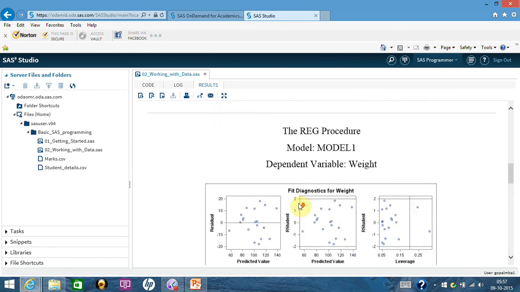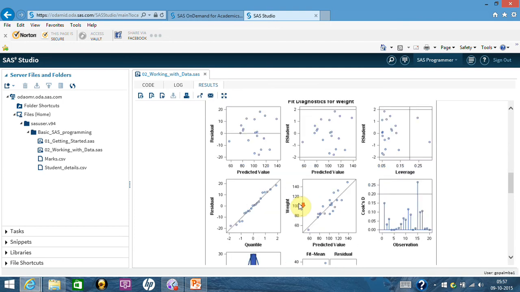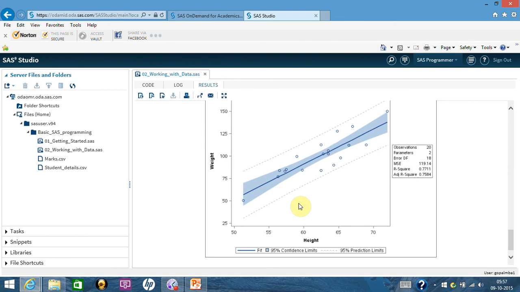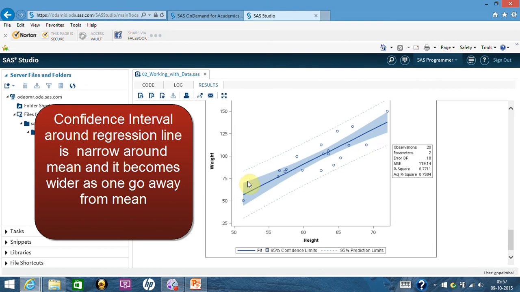It has also given you the plot of the residual, right? It has given you the residual plot. It has also given you, when you are fitting the equation, how your confidence interval is going. It is quite slim here, but here it is spreading. In case of regression, you are much more confident to predict around the mean, but as you go further, your confidence interval, your lower and upper estimates, actually become a little bigger.